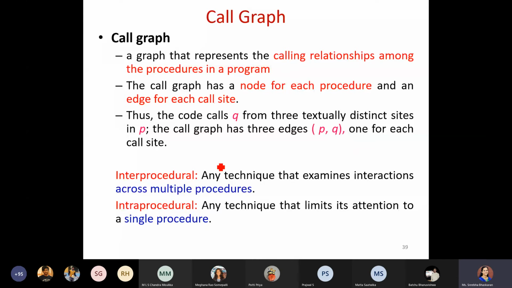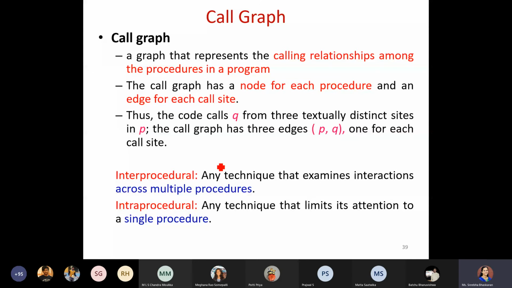Based on this call graph, we have two things. Usually we have some things which we have to take care of within the procedure. When you have a procedure call done, there are certain things which have to be taken care of within the procedure. Similarly, when you have multiple procedures, when you are calling each procedure, there are certain things you have to take care of.